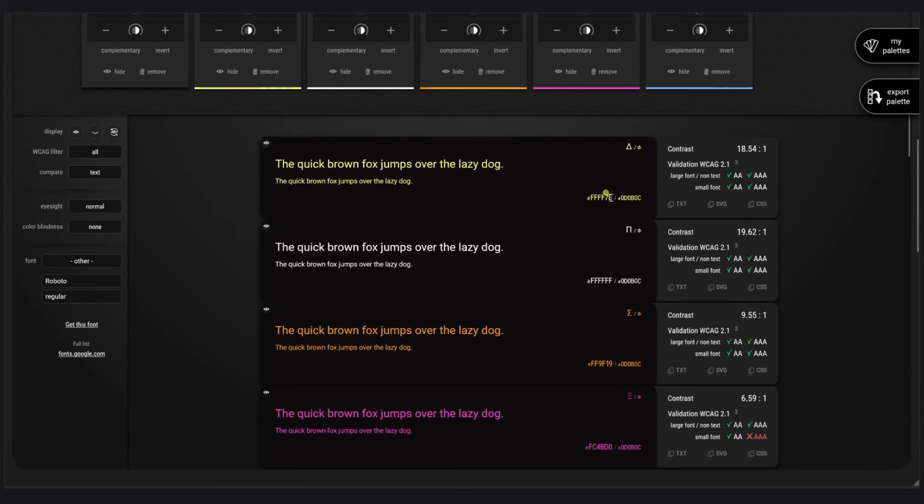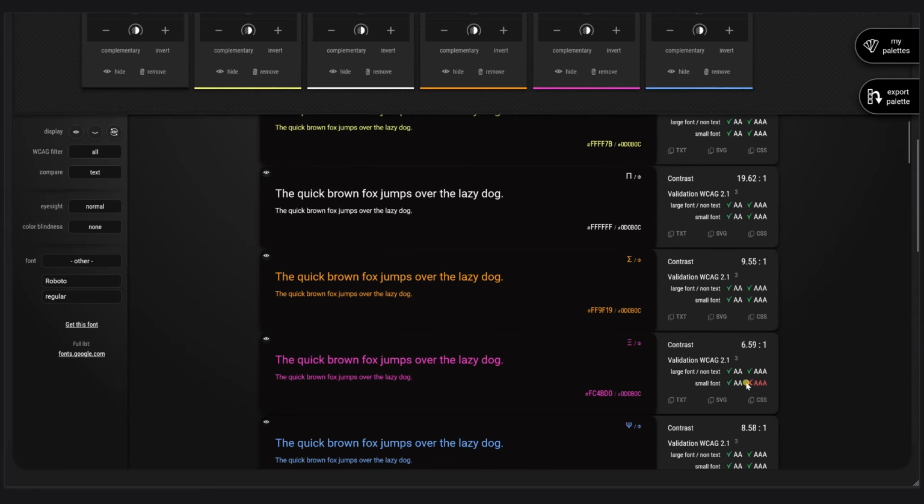You also have the X values, the foreground which is bigger, the background which is smaller. You have the value of the contrast. You have the validation of the WCAG, showing you if they are valid or not.